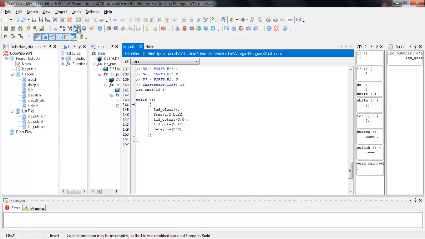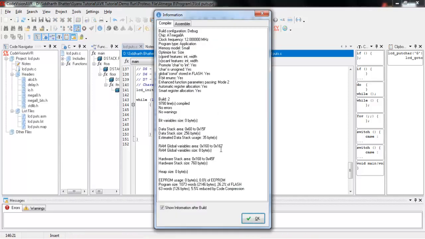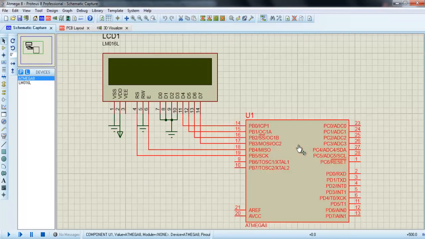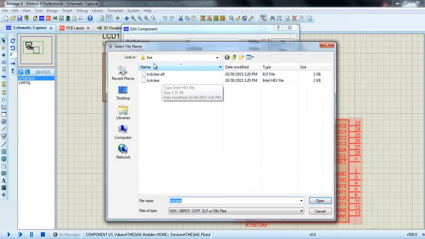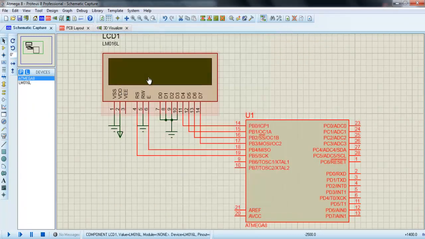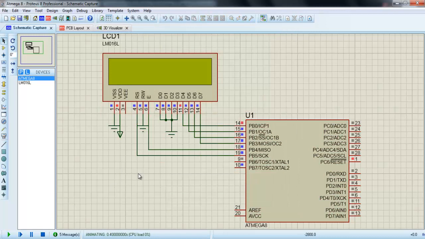Now let's check whether our program is right or not. So here I built my project. Okay, there is no error. Now go to the Proteus section. Okay, so this is the file which I am using. Now let's run this program. Okay, so here you can see I have 99.99 on the screen, meaning I have written a value in decimal points. So in this way you can also write any decimal value as you want.